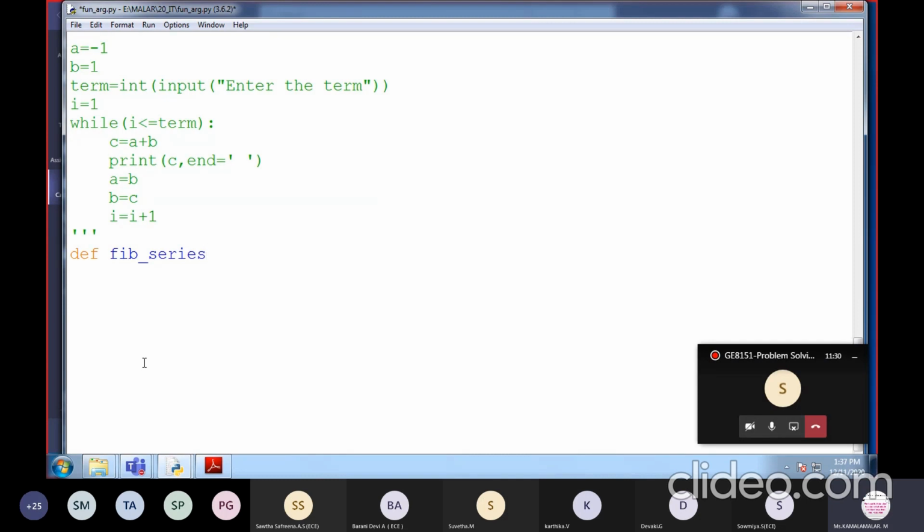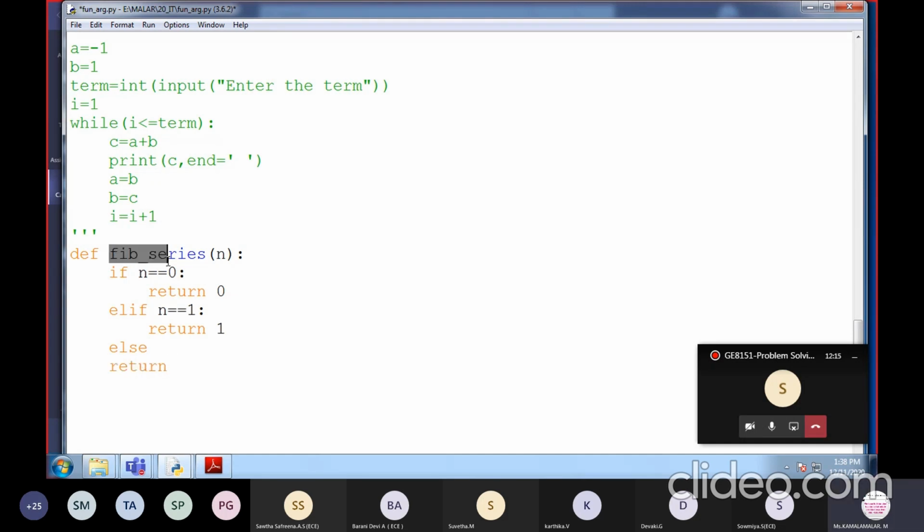The parameter name will be n, and we want to write the base condition. If n is equal to 0, we want to return 0. Elif n is equal to 1, we want to return 1. Else we want to return